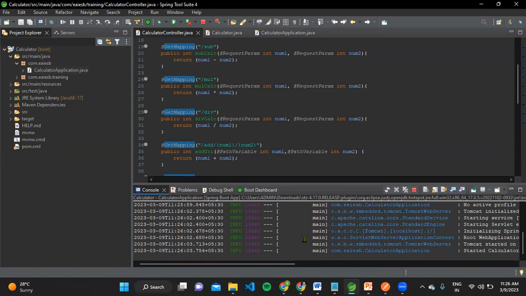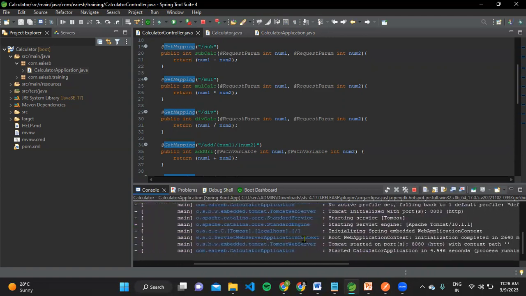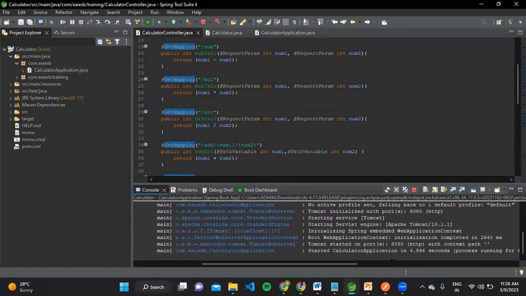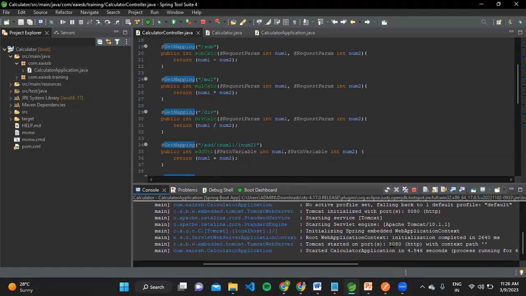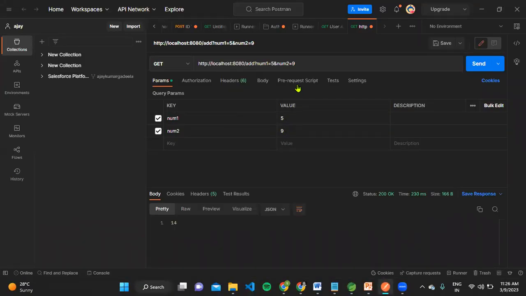Yes. Now you can see the application we have written here is running on the Tomcat server. The port address is 8080, right? Which we will be calling in Postman, the same. Okay. Here I am calling with the port address 8080. First, I will be passing